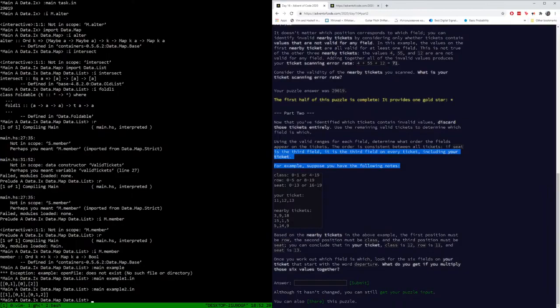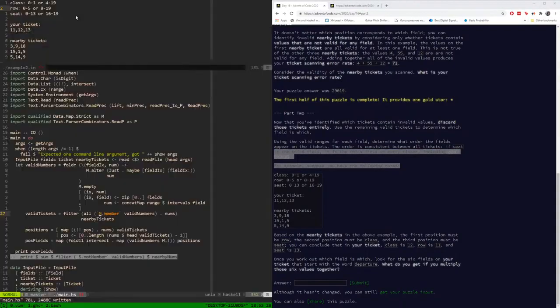Either it will be the last step when we don't have any tickets assigned to any positions, or it should be. Otherwise it's ambiguous, so we probably won't solve it. So what we are going to do here is